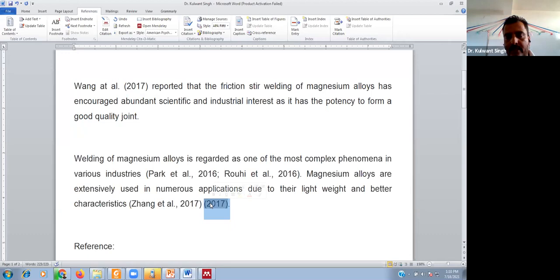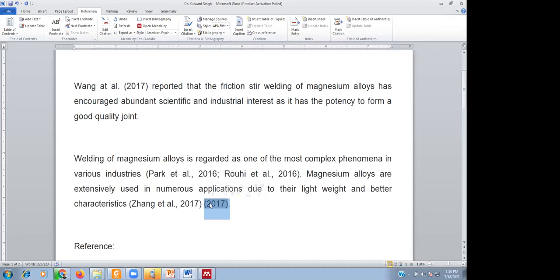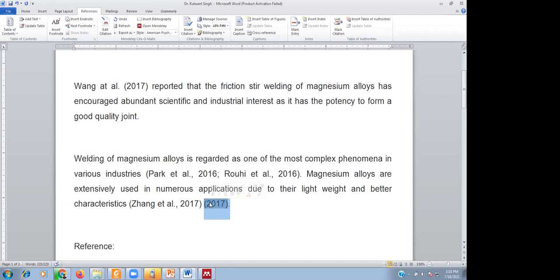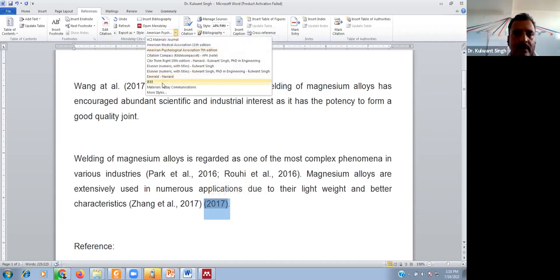Sir is asking that if we use the same reference two times, there may be a possibility of two numbers. He says that if we forget and give another citation number to the same article, because they have used one article once and forgot that they have used it again. I'm getting your query.